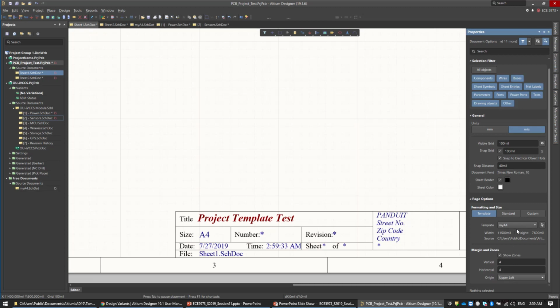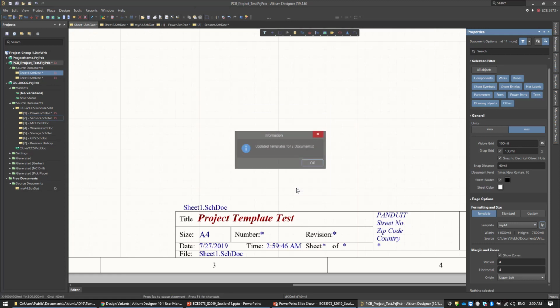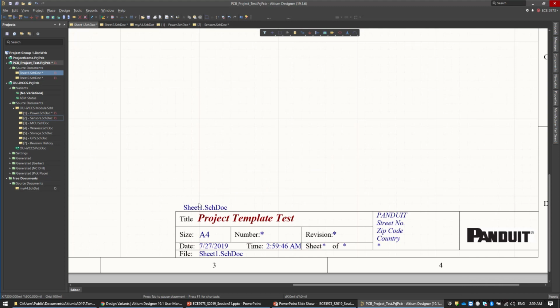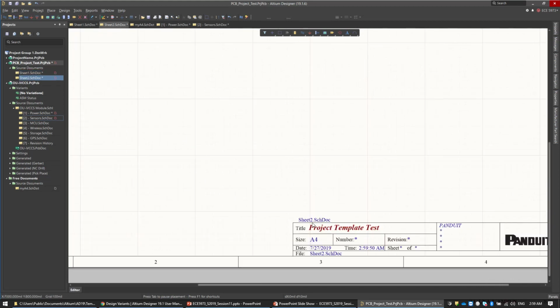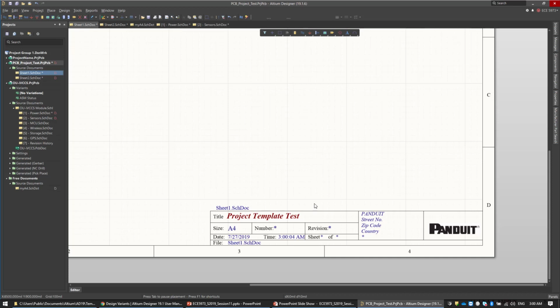general, click on the refresh in here. You see that? Okay, update all schematic sheets in this document. Here we go. It came up in here. If you look at the second one, it also came up. So sheet 1 and sheet 2 basically use the same name. Now if you change the name in here, this will change automatically, update dynamically, and that's for the schematic sheet document or template. Now the same thing applies to the layout template,